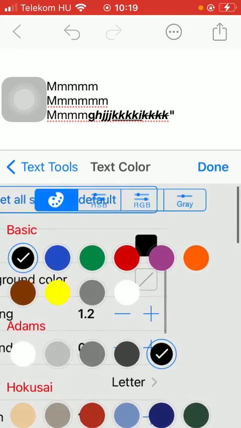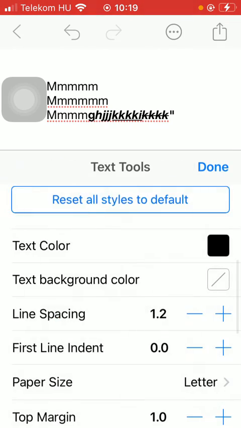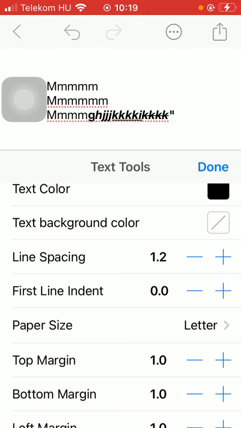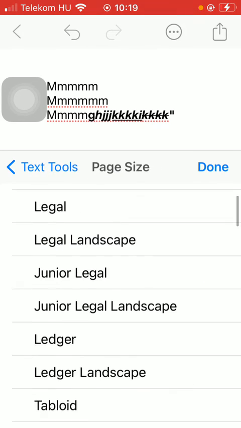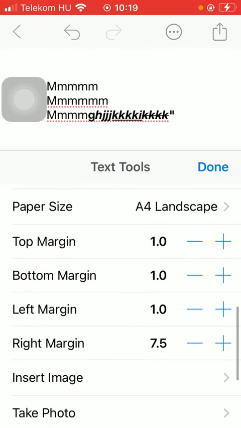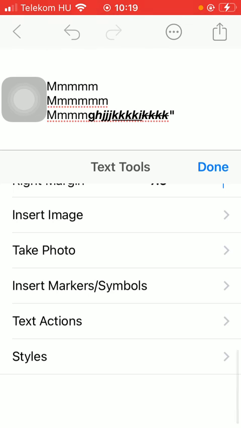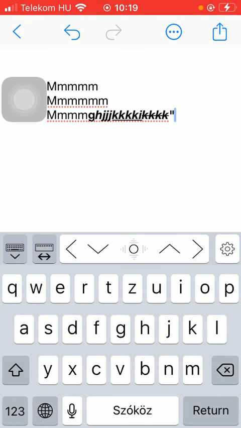The text color can be chosen as well, such as the background color, the line spacing, first line indent, the paper size. You have a bunch of options here. Margins can be adjusted, and so on. So that's how you can make your text or note on the Notes Writer